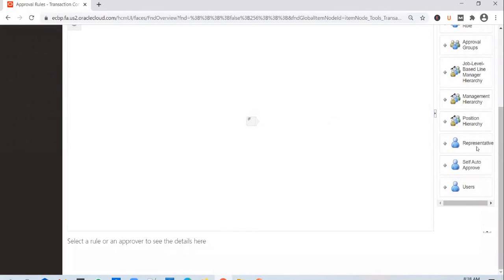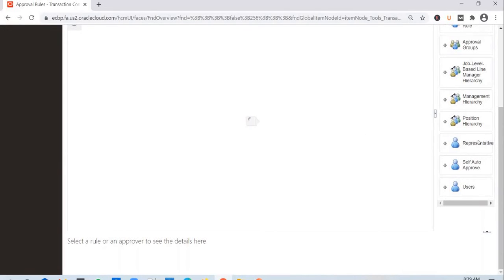I'm not exactly sure how this works, but as far as I know, in modules such as payroll and other modules, you can nominate a user as a representative, like a payroll representative or a HR representative. And when you do that, I'm not sure what configuration is involved or required for that.